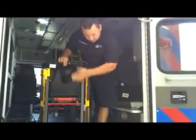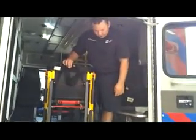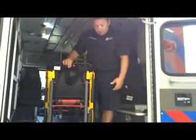It's got these tracks that will go down the stairs, so try not to beat people's houses up too. Like I said, in Havasu, there's not a whole lot of stairs, but we do have some places in town, and we do have stairs. So we'll do this project that we've been working on as a whole, as an EMS community, with the fire